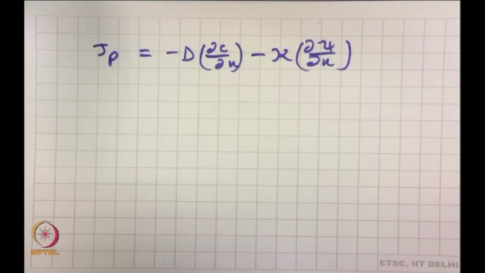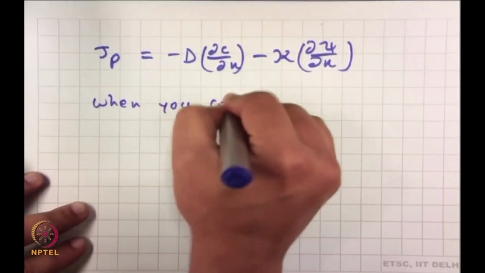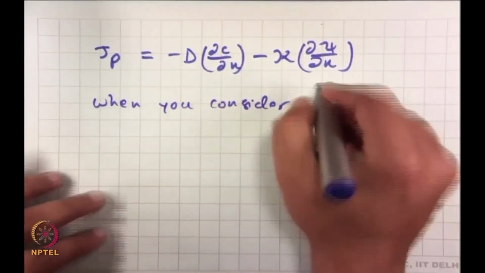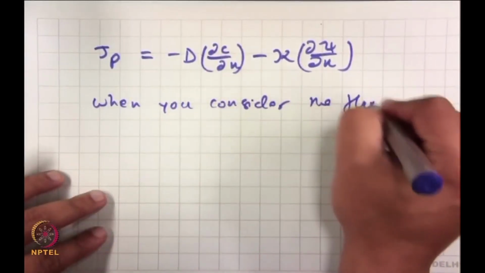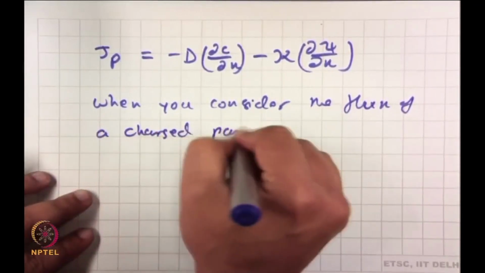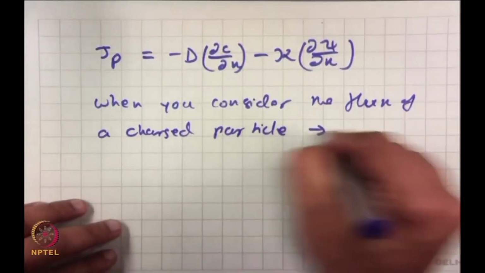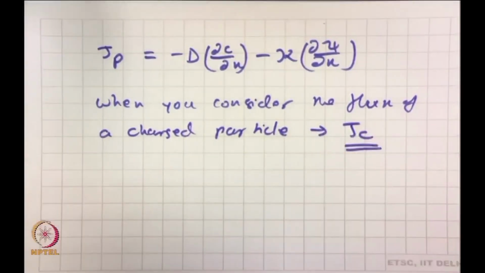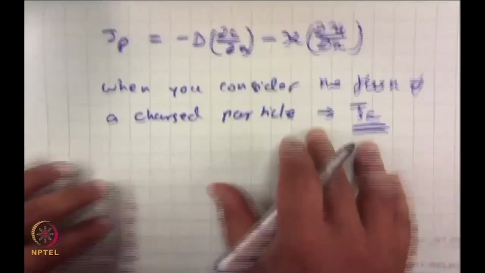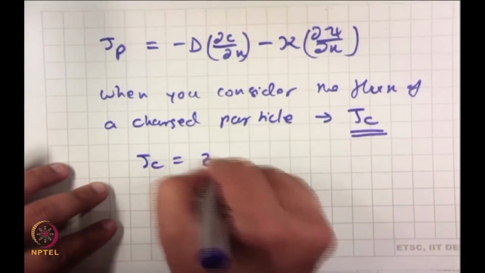So, it would be a combination of these. Okay. Now, when you consider the flux of a charged particle, it is given by J C, where C stands for the charged particle. Then I can say that J C is equal to Z times E times